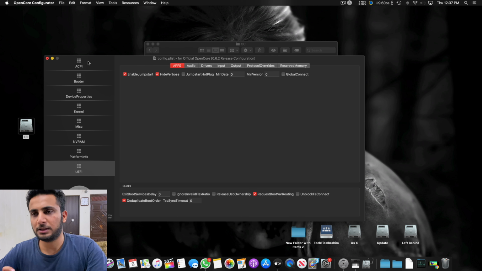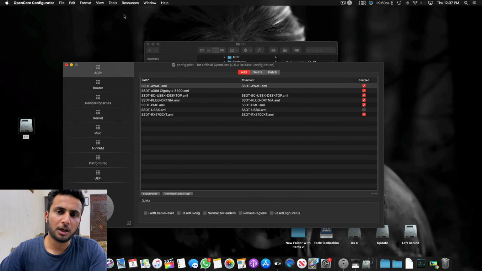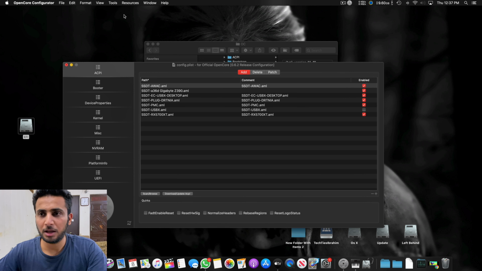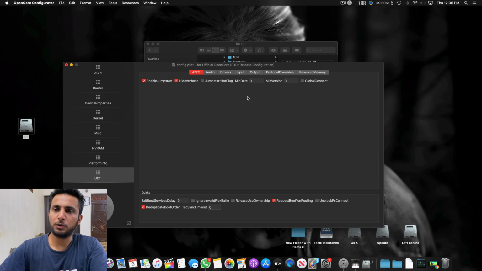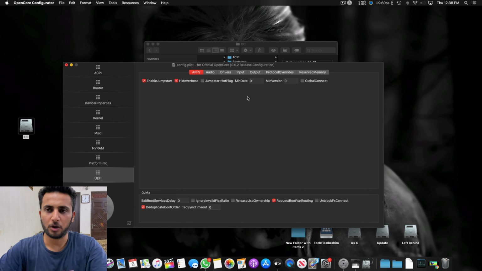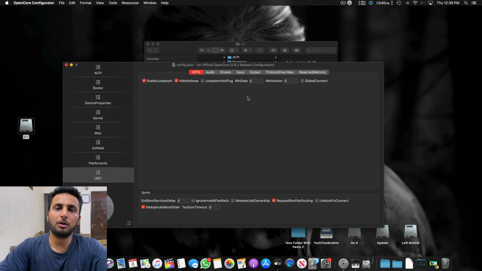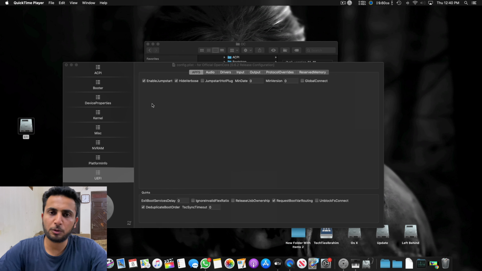0.6.2 release. This is the latest release. I'm basically using the OpenCore Factory version, which is 0.6.3, and it's in a beta form right now, so it's not recommended for you guys right now, but that is for making my system compatible with Big Sur when it comes out, so I don't get a lot of hurdles. So that's it. That was all about OpenCore and how to work with OpenCore